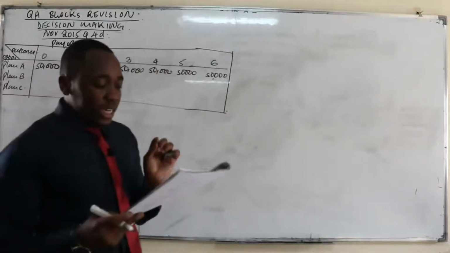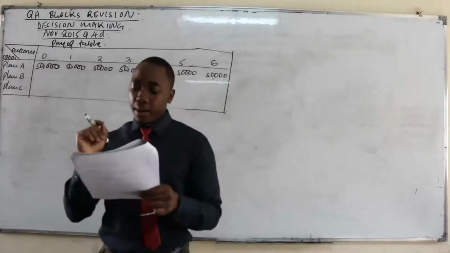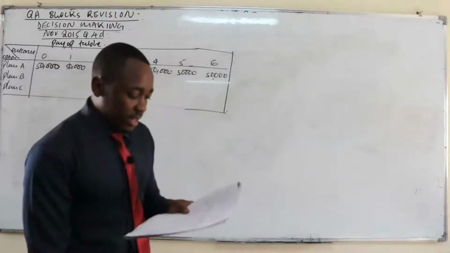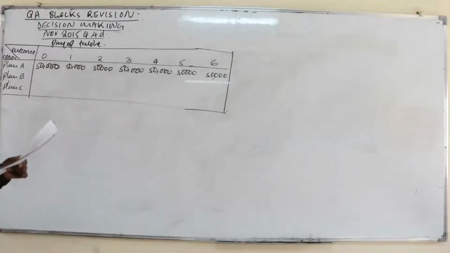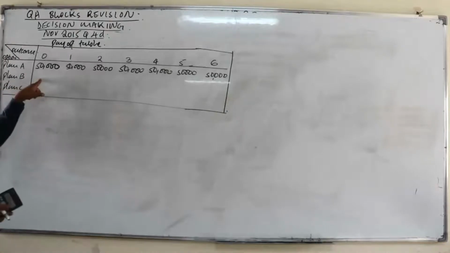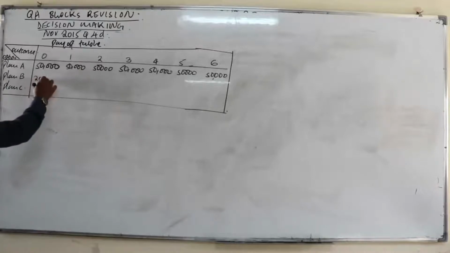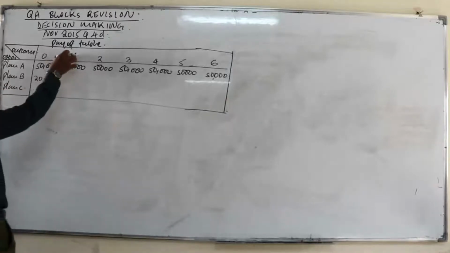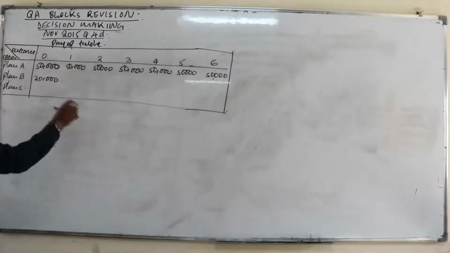Now let's go to plan B. You get a fixed monthly salary of 20,000 per month plus a commission of 12,000 per house. So you get a guaranteed salary of 20,000, and then for any house you sell you will receive a commission of 12. What does that mean? That means if you sell 0 houses, your fixed salary is how much? It's 20,000. If you sell 1 house, you'll get your 20,000 plus a commission of 12,000 per house, so 20 plus 12,